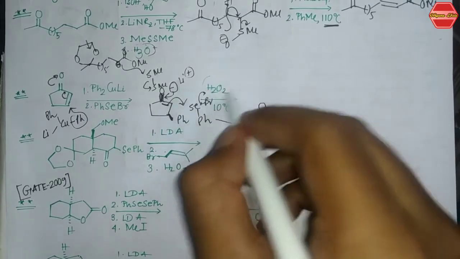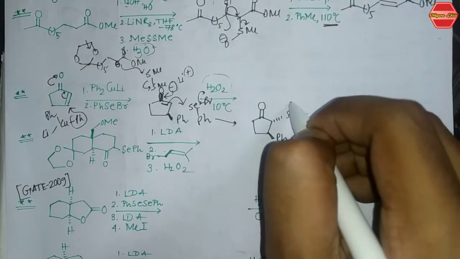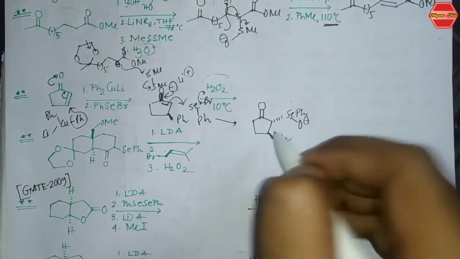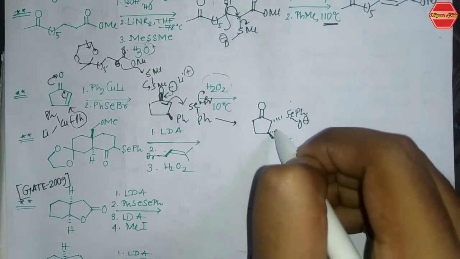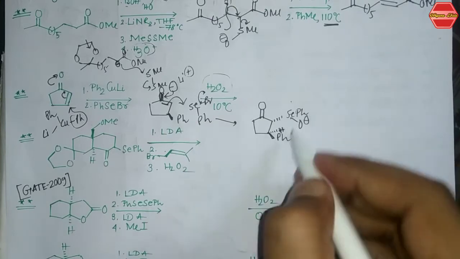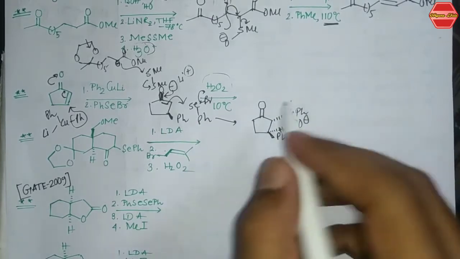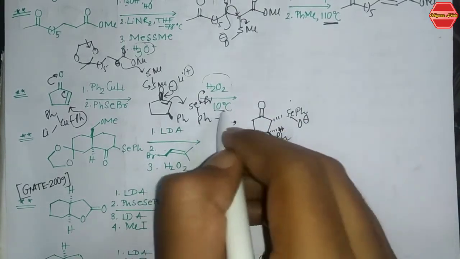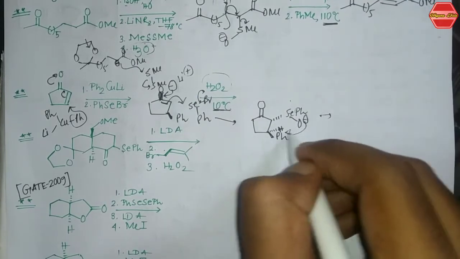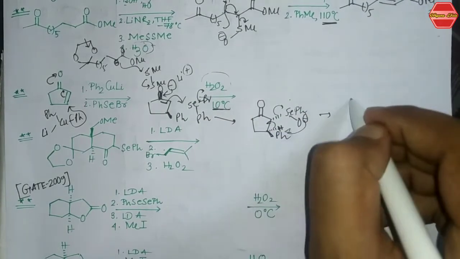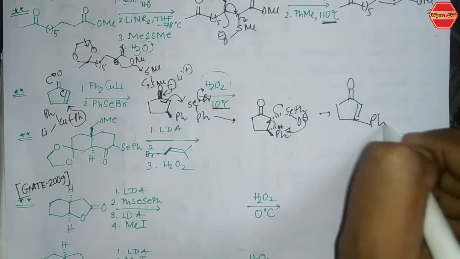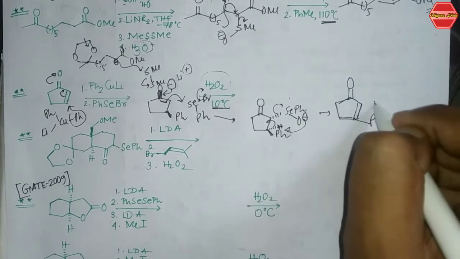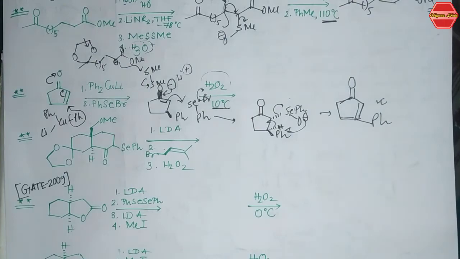Now when you are using H2O2 on this compound, you are getting this selenium oxide, and if you see carefully, you have this hydrogen which is below the plane. If the hydrogen is above the plane, then the elimination will not take place. You have given the heating condition, so it will go over here, takes a proton, it will leave from the system, and the final product that you get is this one, right? So this is your major product from this reaction.